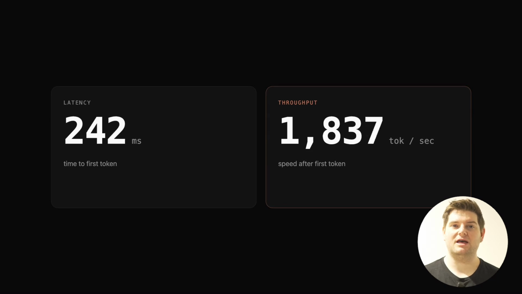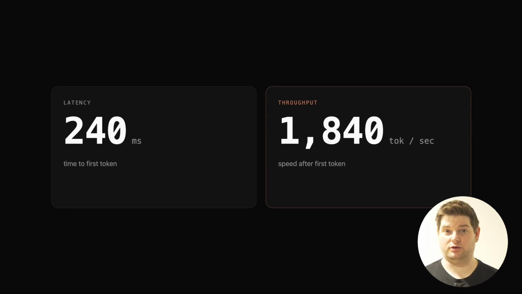Latency and throughput. Latency is how fast the first token comes back. Throughput is how many tokens per second after that. Both matter when you're picking a model for real use. A reasoning model has high latency. It thinks for ages before saying anything, but might have great throughput once it starts. A small model has low latency, maybe it fires immediately, but maybe fewer tokens per second. Pick based on what your use case needs.